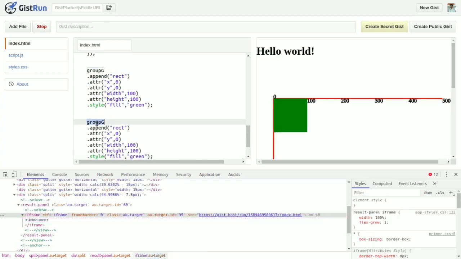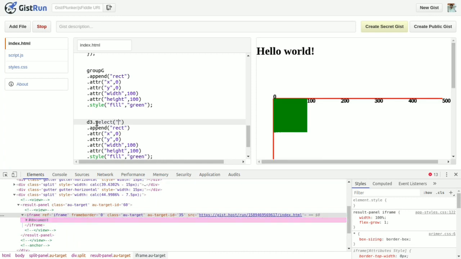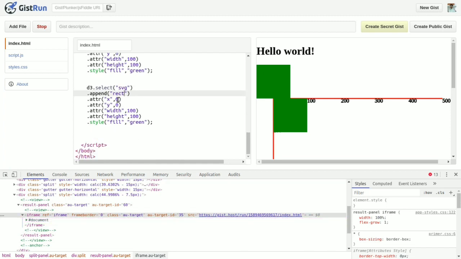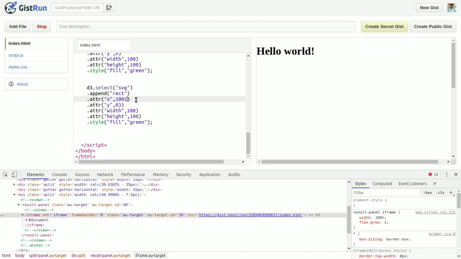Now again, if I append a simple rect in my SVG, what happens here? If I want to append, select SVG and the same I want to append the rect, you can see that it will start from 0 0 of the SVG element. So here you can move the element to 100, 150.